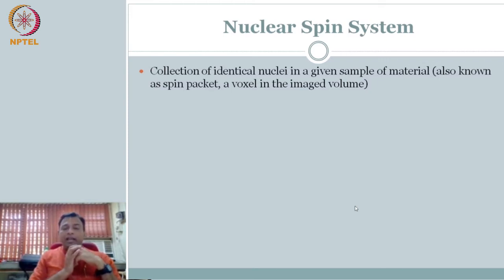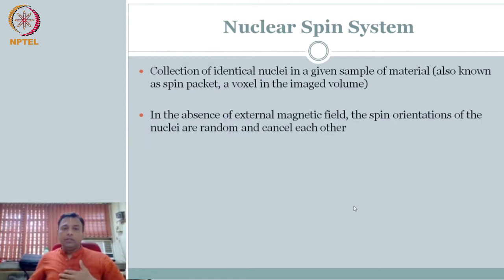So what we actually have is a collection of identical nuclei, right? You have a sample volume that you take. You have several nuclei there, right? We are interested in hydrogen nuclei, and all of them have different orientations, as we saw yesterday, right? Each one is in a different direction, so there is no net magnetization. But the moment I put that volume inside a magnetic field, subjected to an external magnetic field, all of the microspins start to align with respect to the static magnetic field that is applied.